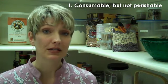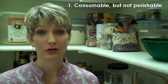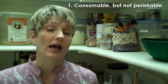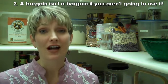for bargains. First of all, spare items must be consumable but not perishable. Some great examples are canned goods and tissue. These are things that you are going to use up frequently, but they're not going to go bad, at least not very soon. Secondly, keep in mind that a bargain is not a bargain if it's not going to get